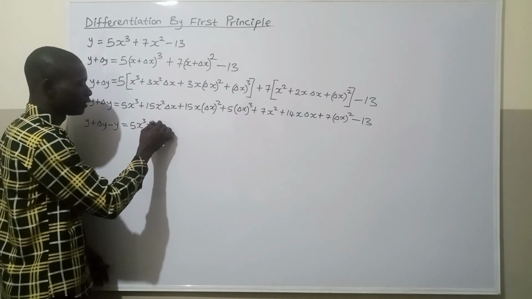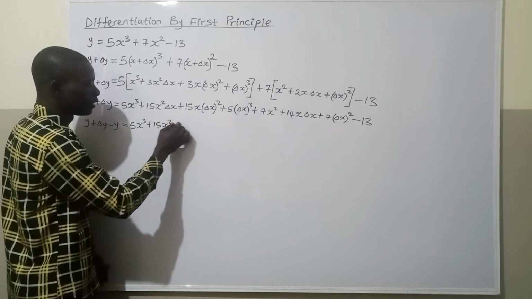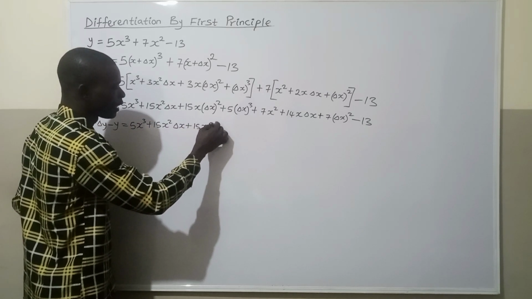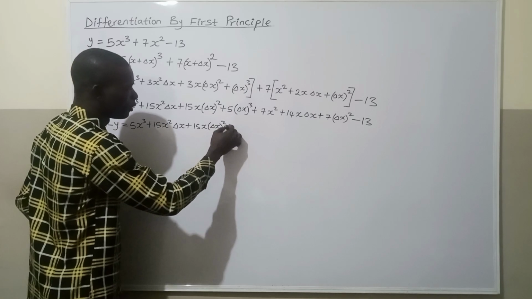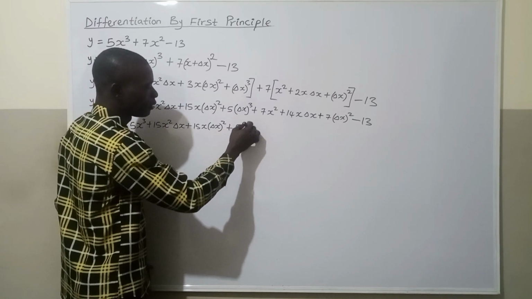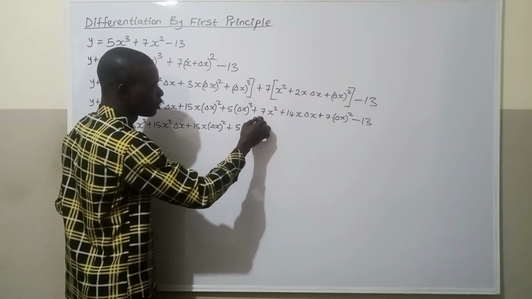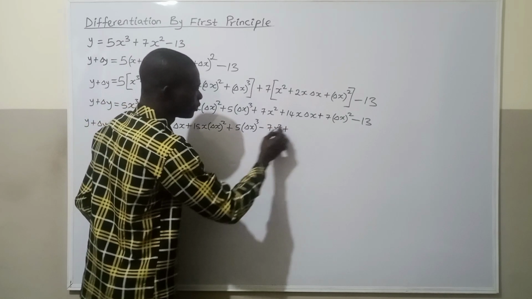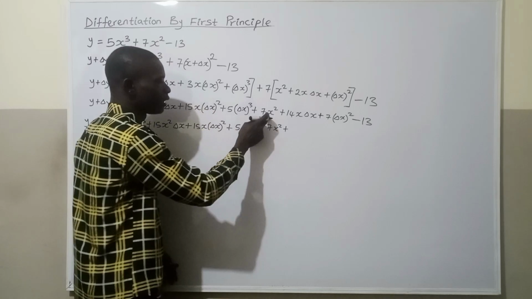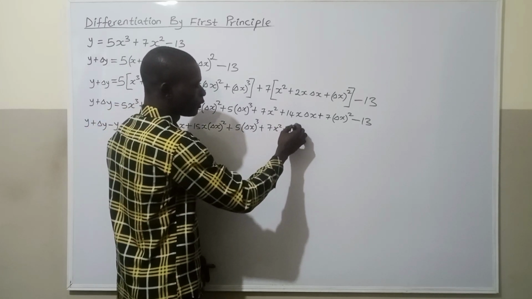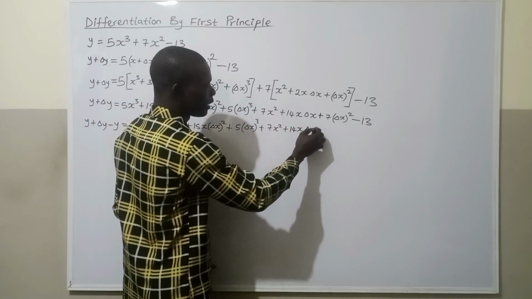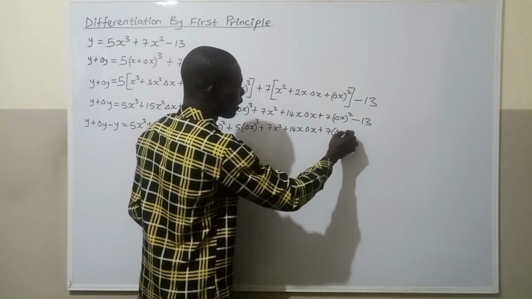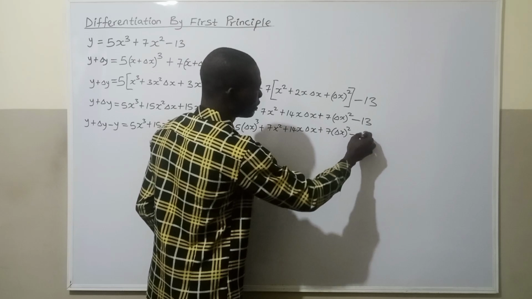Plus 15x squared delta x plus 15x delta x squared plus 5 delta x cubed plus 7x squared plus 14x delta x and then plus 7 delta x squared minus 13, and